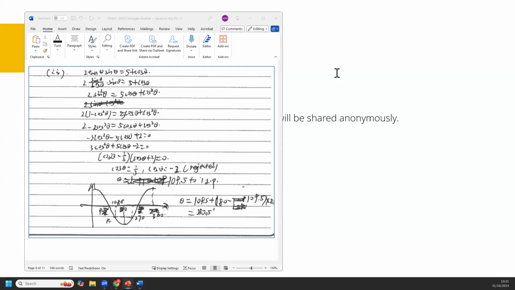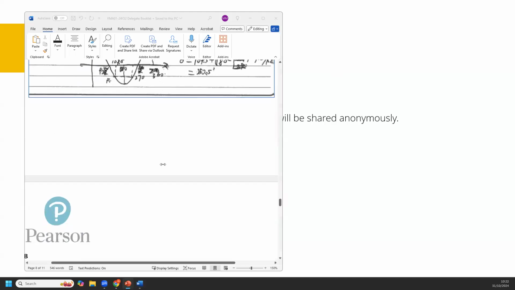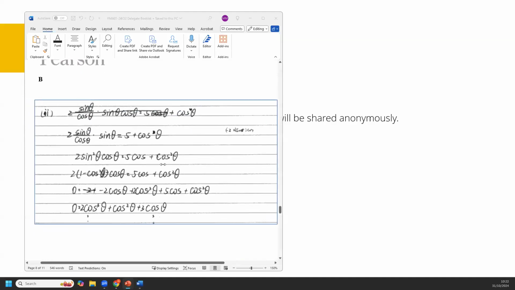You might agree or disagree with this one, but that's what they did here. It's an exemplar, which you can find online, so you can also do that with your students as well. You can dispute that in some of the cases and see whether the senior examiner changes the marks, and sometimes they do, but they try to be consistent with every student. So yes, that's 3 marks because of that one instead of the 5. And remember, if you omit that final method mark, you then cannot give the accuracy mark either if we follow those rules.